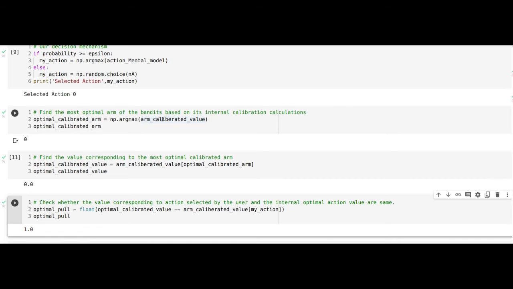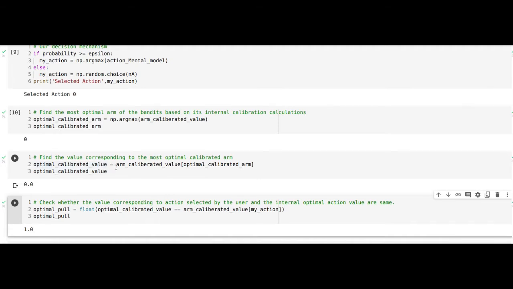Now we find the value of it. What is the value corresponding to that particular arm? That is what we find. So arm calibrated value with the optimal calibrated arm. Here is the matrix or the list which we have, and here is the index for that. So we get the value for that, which is the largest value of reward for each of those arms.